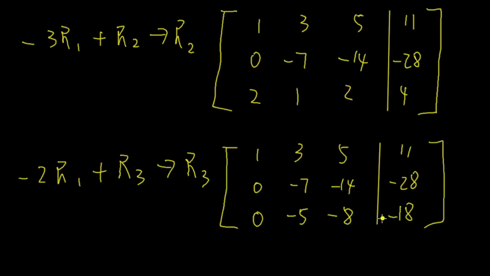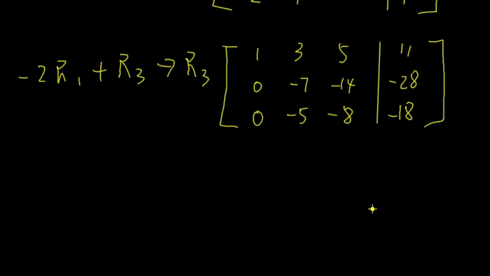Okay. Now, what can we do to this matrix? They're all negative signs here, but we can just work with positive numbers. We just need to multiply both row 2 and row 3 by negative 1, then I can get rid of the negative sign. However, what we also see is that in row 2, all these numbers are multiples of 7. So I can divide them all by 7 to reduce it a little bit more. That may be easier.